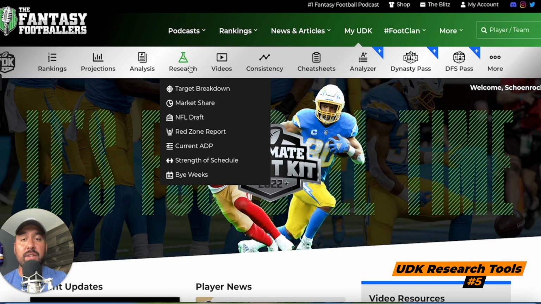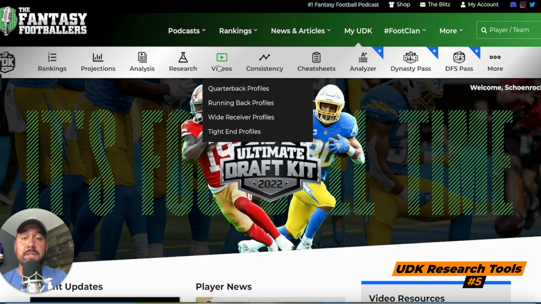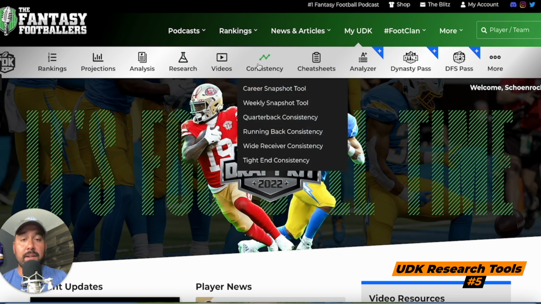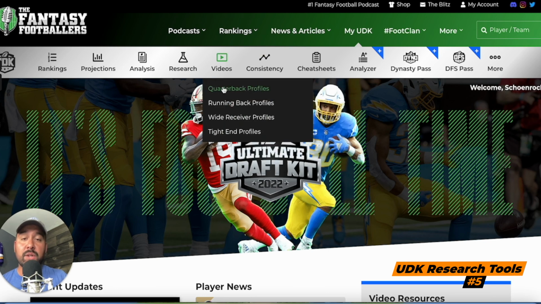A target breakdown is probably one of my favorite tools, figuring out which team has some great wide receiver 2s, wide receiver 3s that gets utilized in their pass game more often than other teams. Videos, and then consistency. You can see so many tabs here underneath, but let's go to the quarterback